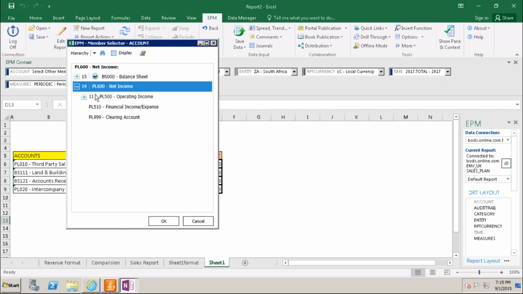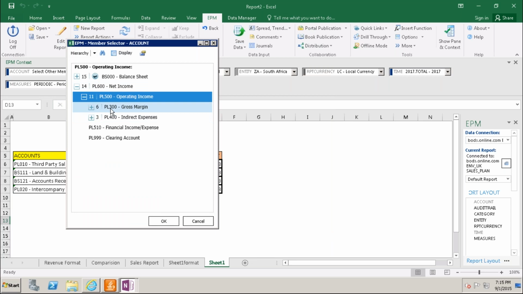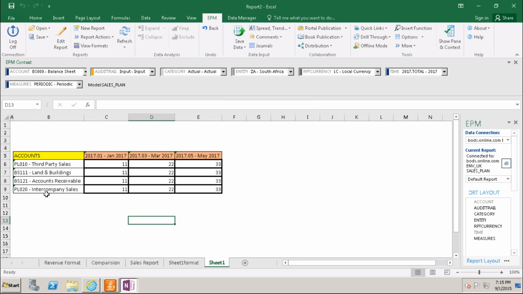Go to the PL 300. If the parent is accepted, it is very easy for us to explain this option. It is not accepting even.